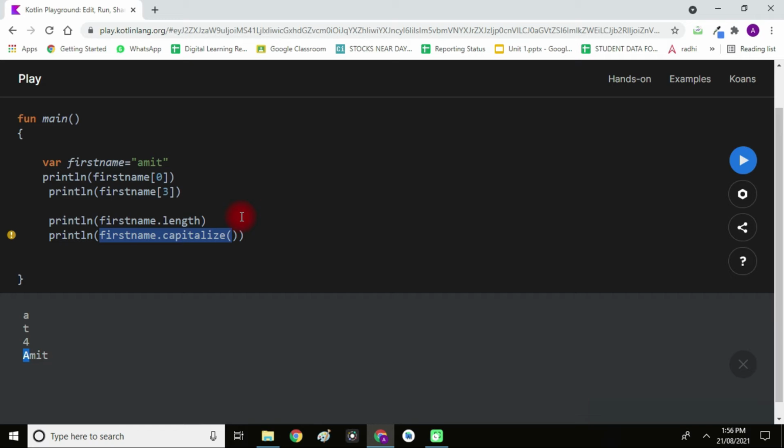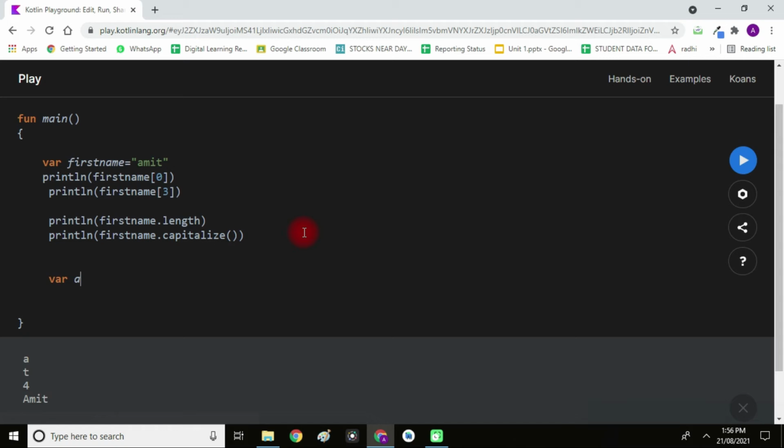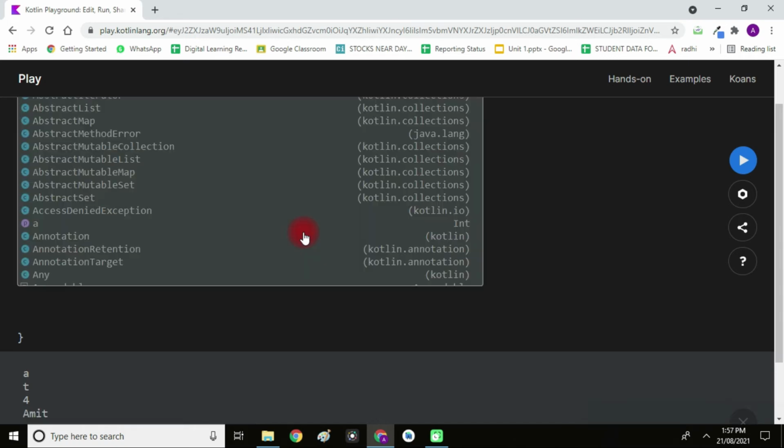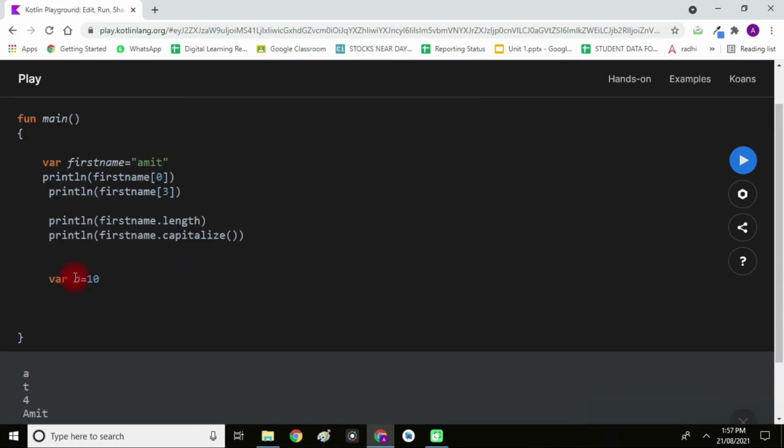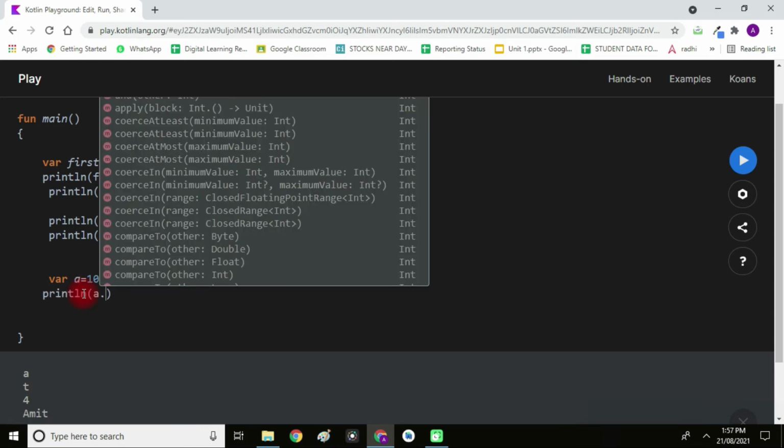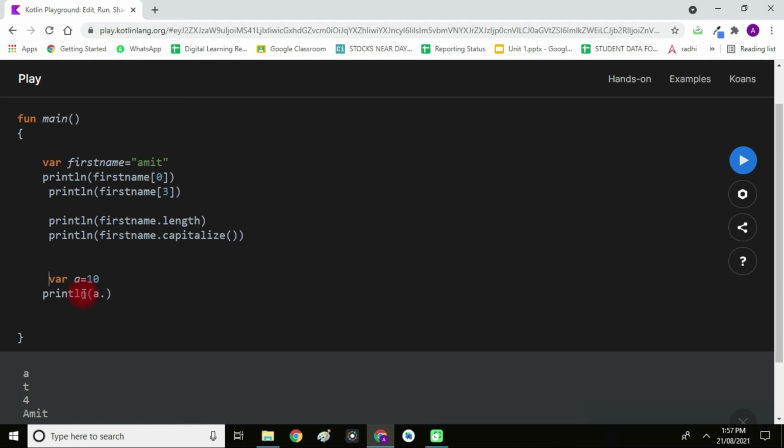So these are some of the methods which you can use on the string. It's not related to strings only. Even if you have an integer variable, let's say I am creating var A equals 10. This is the value 10 I am giving. Ultimately the data type of this variable becomes Int because of the type inference property. Now if I print it, println, and when I write A dot, I get all the methods which are related to integers also. That is the biggest advantage which I have found about Kotlin. So this is how you normally use the string.